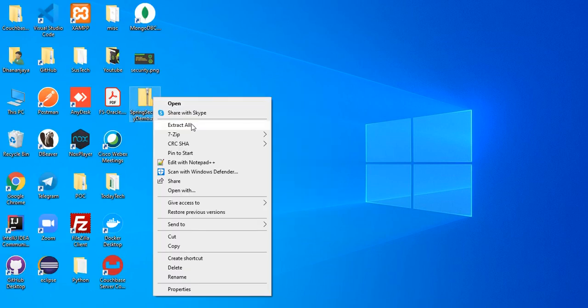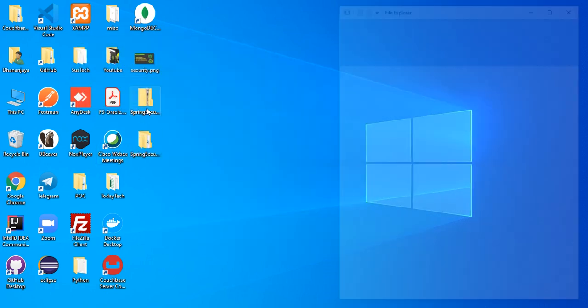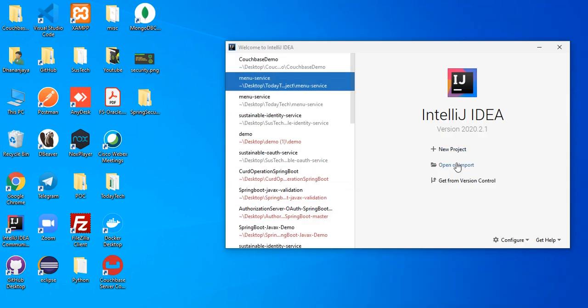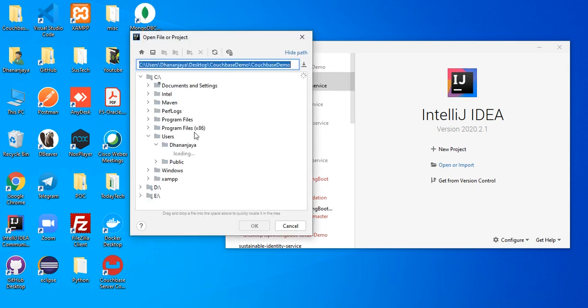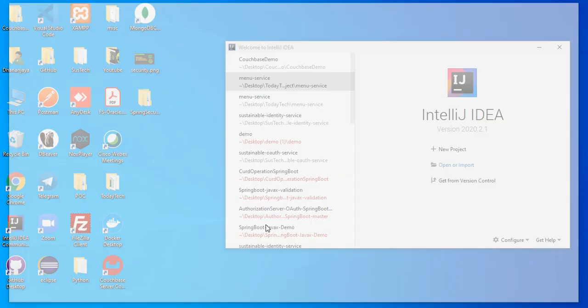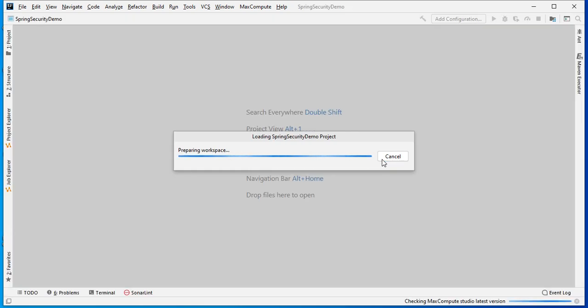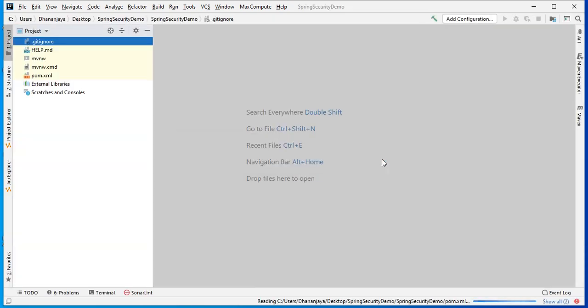Let's start this. Okay, so import this in the IntelliJ. It's downloading the dependency.